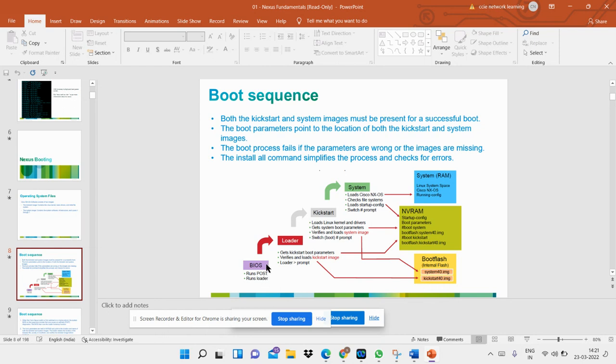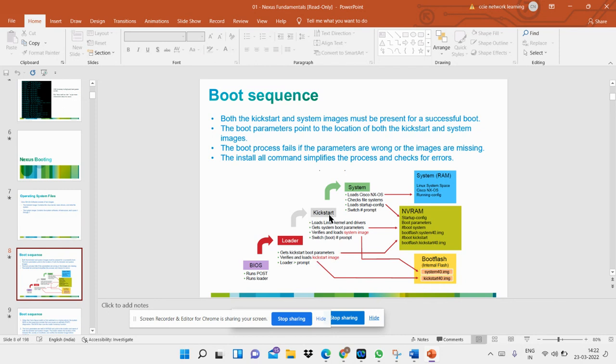It will go over to the loader program, where your boot flash file and your OS file are checked. That would be regarding your internal flash, your kickstart image files and the system image files. That is checked inside the loader function. Then it will check the kickstart image, because we have the kickstart image and the system image file, so both of those things are checked inside that. After loading the power on self test or the bootloader program inside the loader,